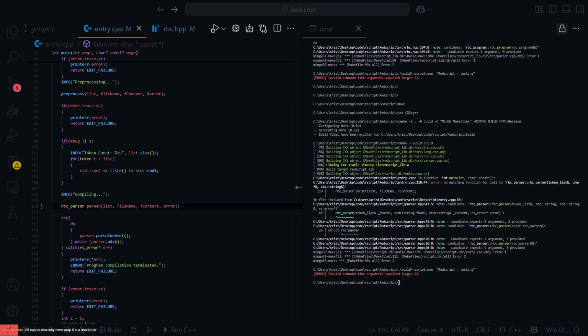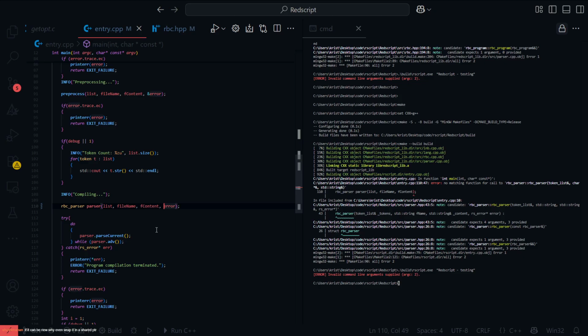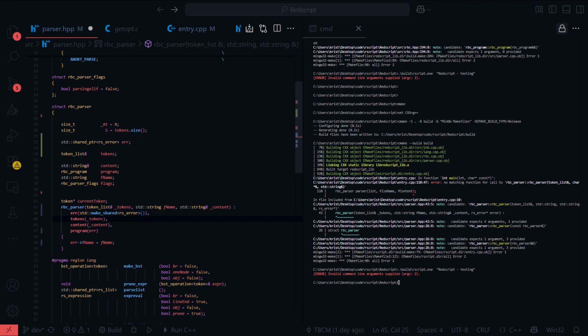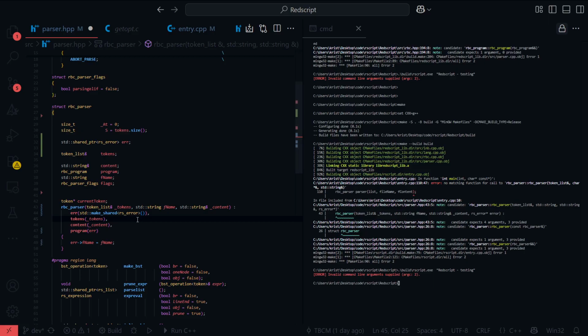If it can be new, why even wrap it in a shared pointer? Well, I just tried it a minute ago, just taking it out of the constructor and just doing that. Wait, what do you mean? If it can be new, why even wrap it in a shared pointer? Oh,